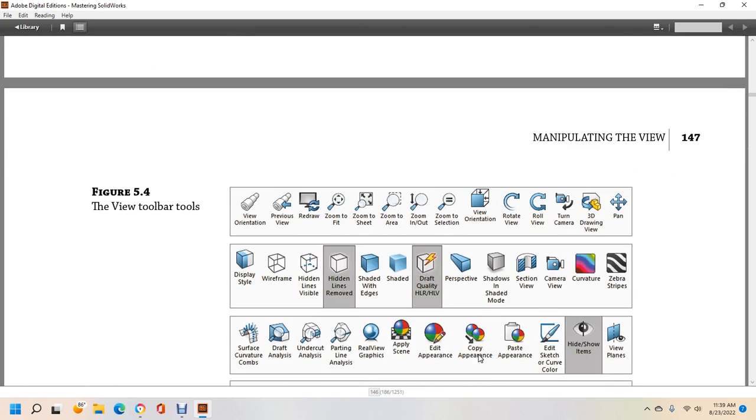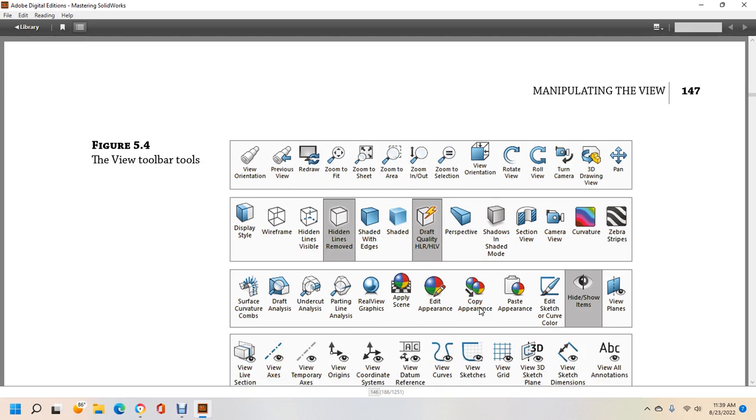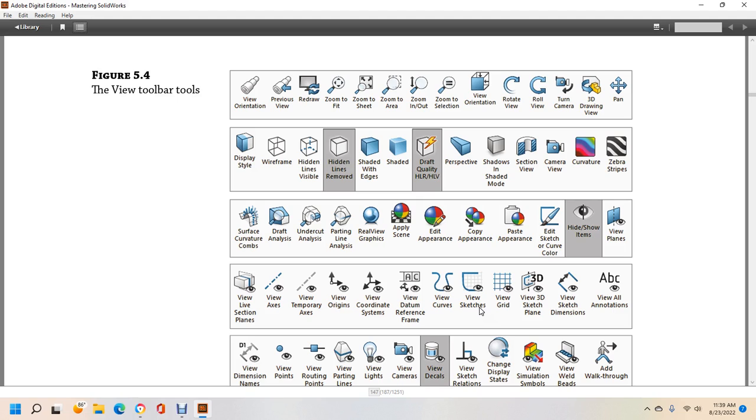Figure 5.4 shows the view toolbar: view orientation, previous view, redraw, zoom to fit, zoom to sheet, zoom to area, zoom in/out, zoom to selection, rotate, roll view, turn camera, 3D viewing, panning, display style, wireframe, hidden lines visible, hidden lines removed, shaded with edges, shaded, draft quality HLR, HLV, perspective, shadows in shaded mode, section view, camera, curvature, zebra stripes, surface curvature combs, draft analysis, undercut, parting line analysis, RealView graphics, apply scene, edit appearance, copy appearance, paste appearance, edit sketch, curve color, hide items, view planes, view lines, section view, axes, temporary axes, origins, view coordinate systems,